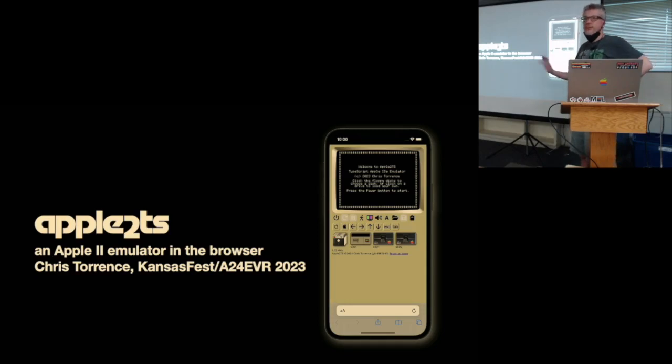So it's a lot of fun, and you might ask, well, why do we need another emulator? Clearly, there are a lot of ones out there. They're fantastic. I use Virtual 2 on my Mac every day. In fact, it was indispensable when I was developing this, light years ahead of anything that I've done. On Windows, you have Apple Win, which is fantastic, or you have MAME, which is sort of like I